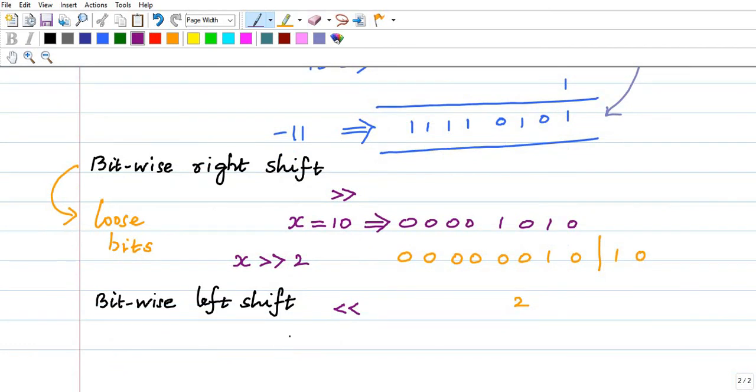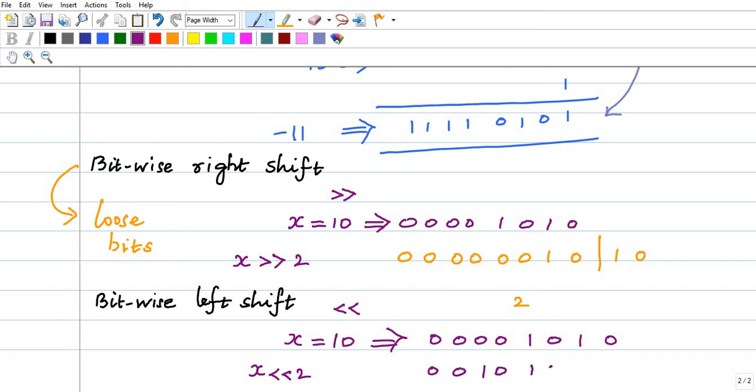I'm taking the same x, 10, with the binary equivalent four zeros 1010. I'm left shifting x by 2. What happens? These two zeros will go, and this 1010 will move two places to the left. These two empty places I'm filling with zeros.